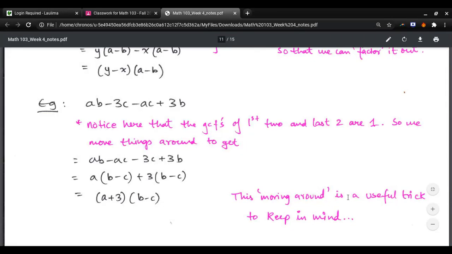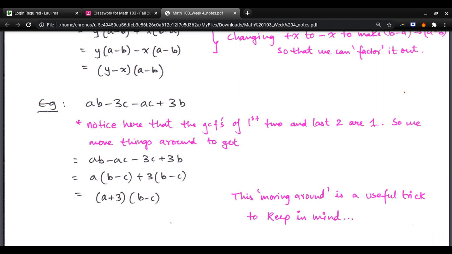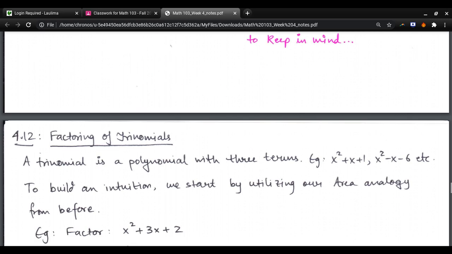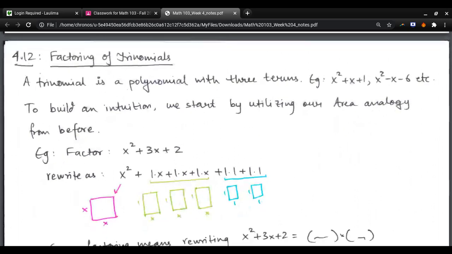So we've seen two methods of factoring using GCFs and then extending the GCF method to something called factoring by grouping. Our next goal is to learn how to factor trinomials. A trinomial is a polynomial with three terms, like x squared plus x plus 1, x squared minus x minus 6, etc. To build an intuition of how to do it, we are going to start by utilizing our area analogy from before,